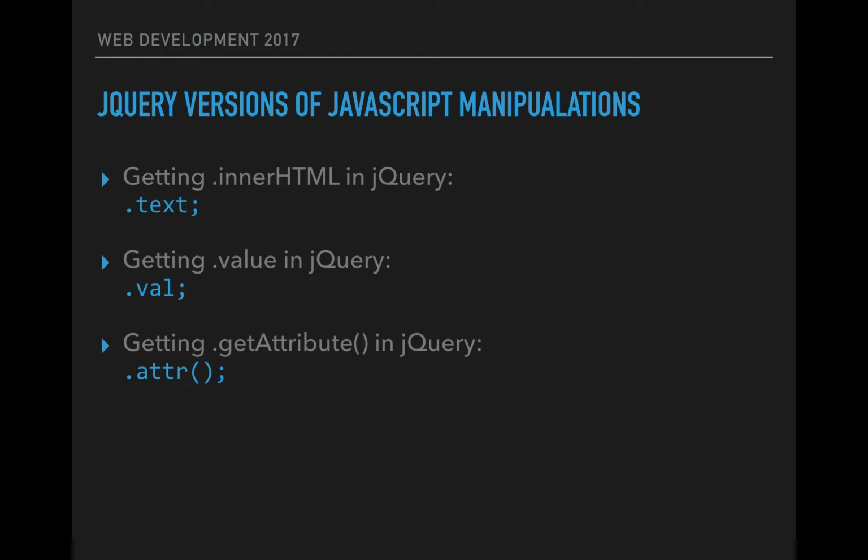Okay, so just a quick note, some of the common manipulations that you were doing in JavaScript, getting inner HTML, if you want to do it in jQuery, you do it by just doing .text. There is also another option in jQuery, which is .html. What that will give you is any text and HTML that is within that element. So, for example, if you had an element that was a div, and you selected it, and you said,